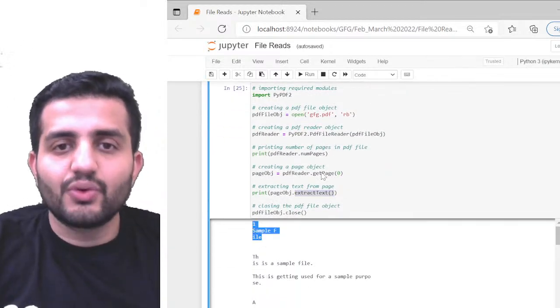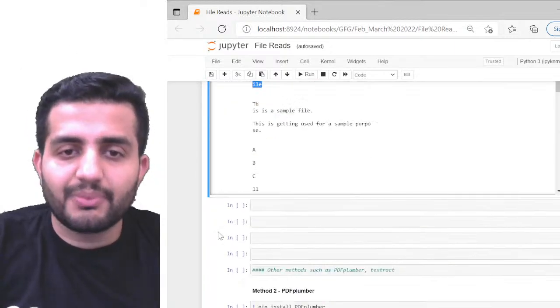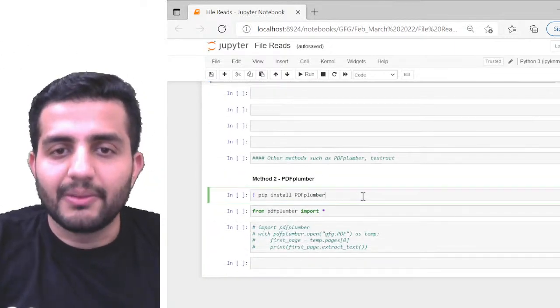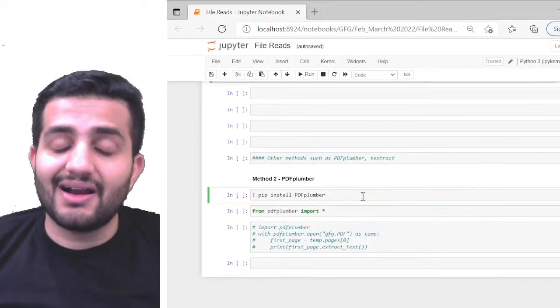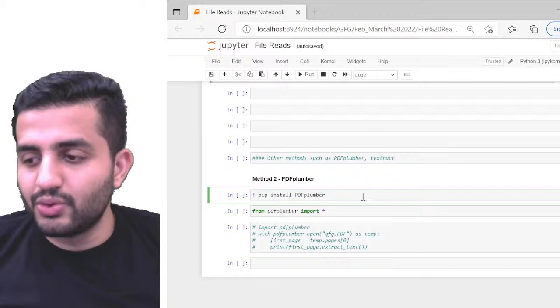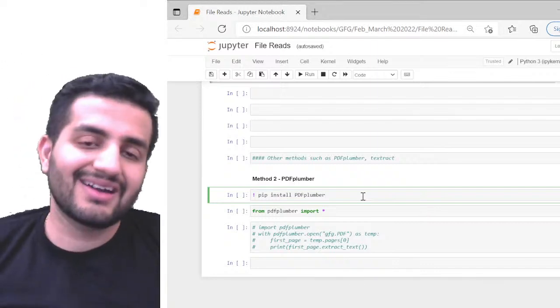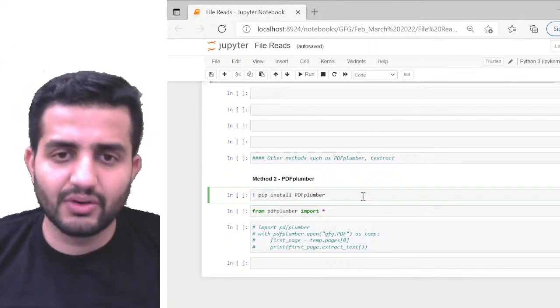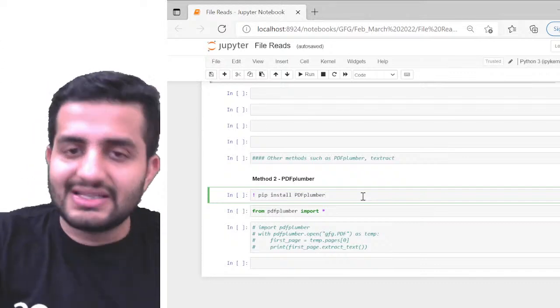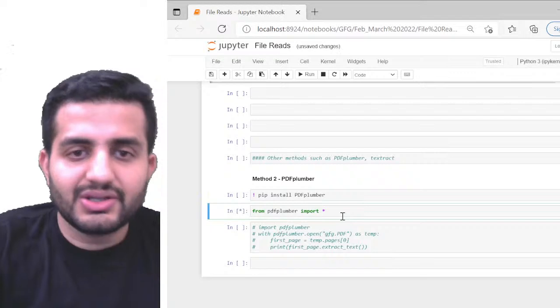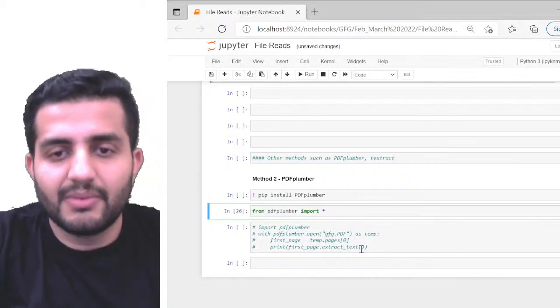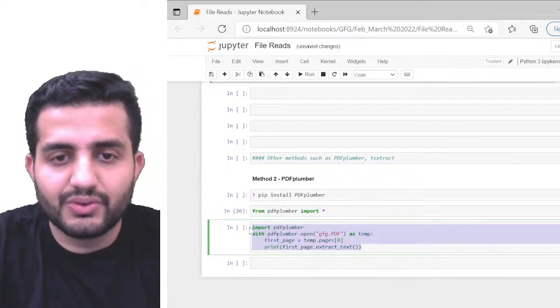But instead of going with PyPDF2, we have another option called PDF Plumber. PDF Plumber is again a high-end API available to read the content from a PDF file. It's a very good library. So again, same thing. If you've not installed PDF Plumber, it's plain simple as that. So I'm gonna just load up everything from PDF Plumber. I'm just gonna show you this code.